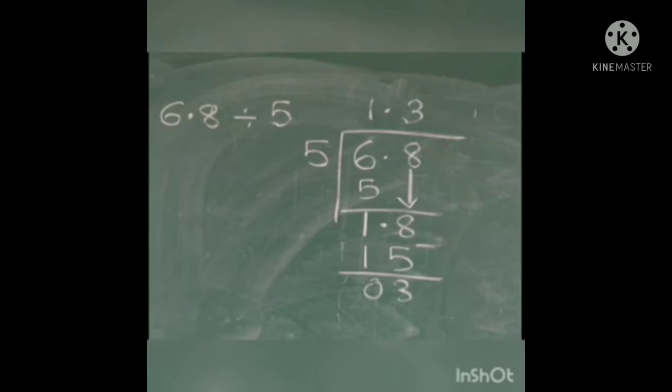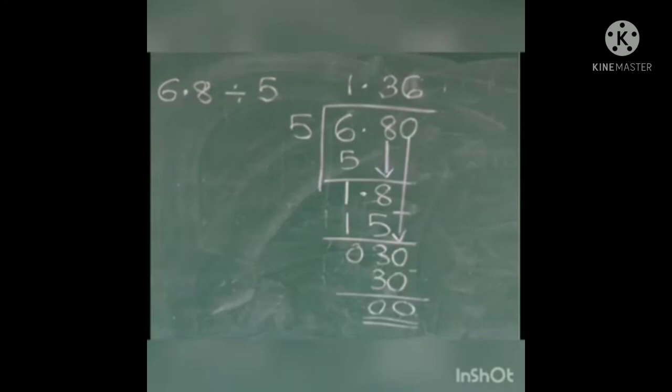So what happens when I add 0? I added a 0 here. So we were getting 3 remainder, isn't it? If I add 0 here, writing that 0 down, what did I get? 30. Is 30 divisible by 5? Yes, 5 into 6 is 30, which makes the remainder 0. So in order to make the remainder 0, what did I do? I just added a 0 to the last. That means I made the equivalent decimal of 6.8 to 6.80.